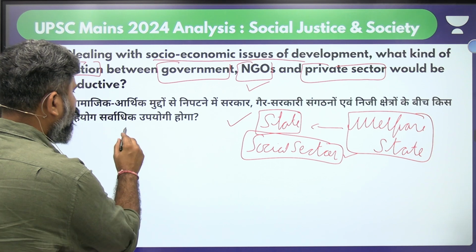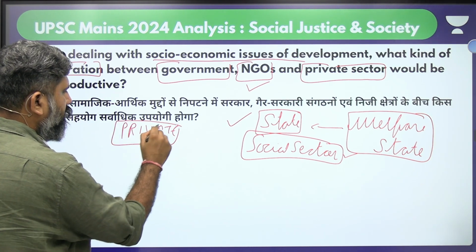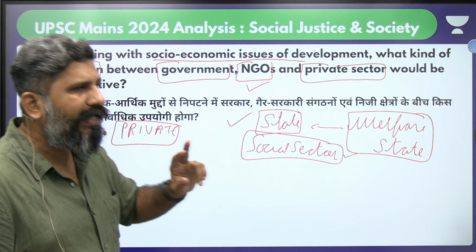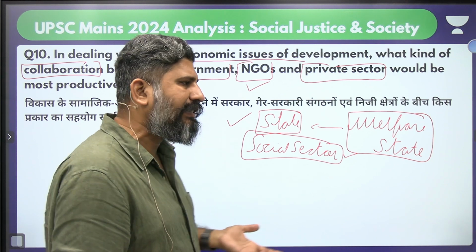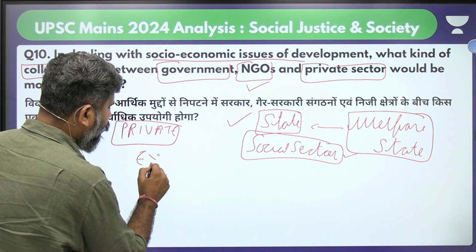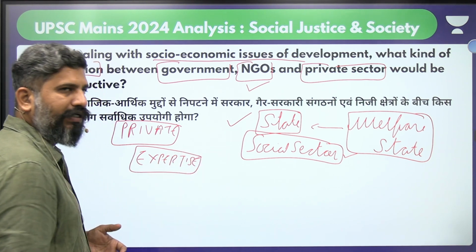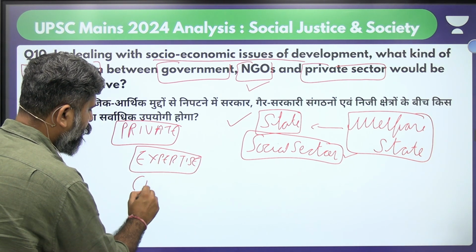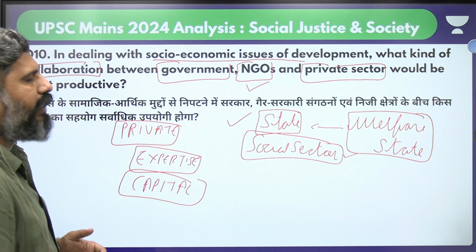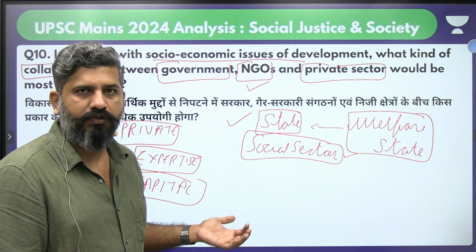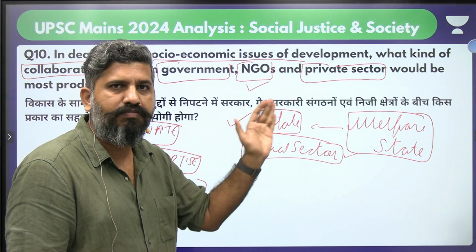Now, why private sector? Because private sector comes up with certain strengths. However, it is not willing to participate in some of the areas without a guarantee of the government. So private sector has benefits in terms of expertise in a particular field. They are experts in a particular field. Private sector also has the requisite capital that is required for any kind of socio-economic developmental issue, right? But normally the private sector would not be willing to get into that direction without the government support, because they might